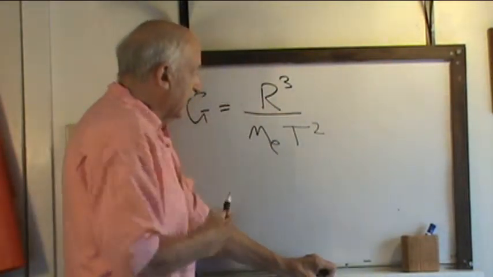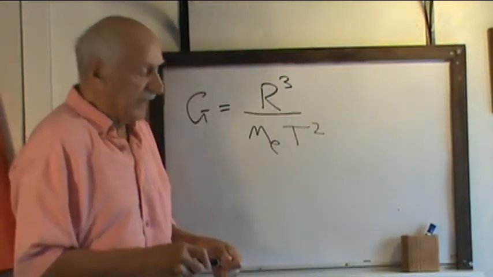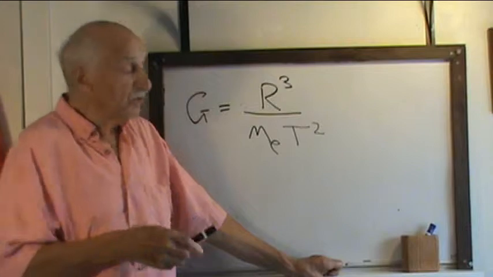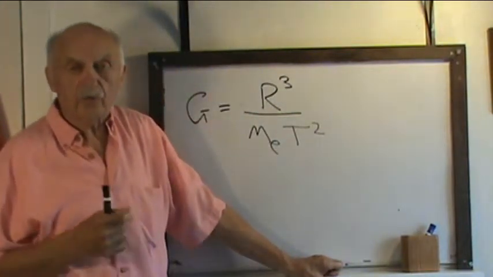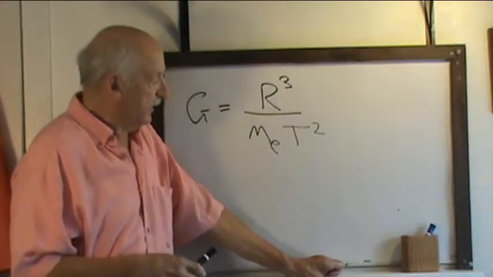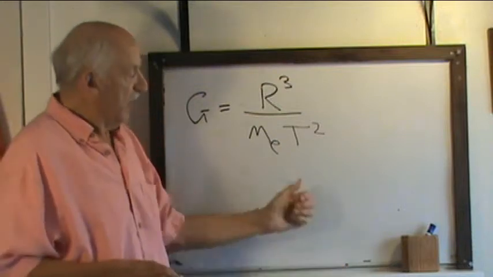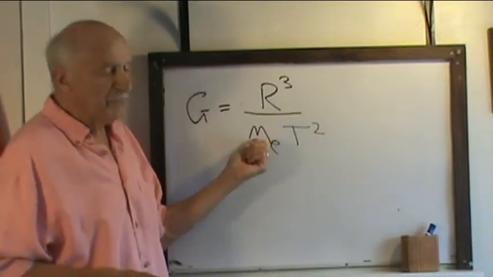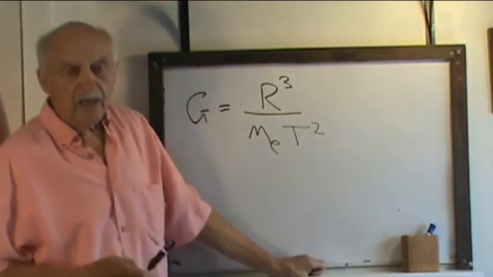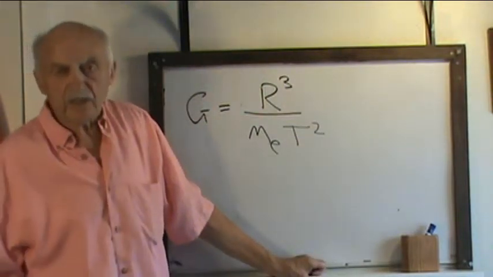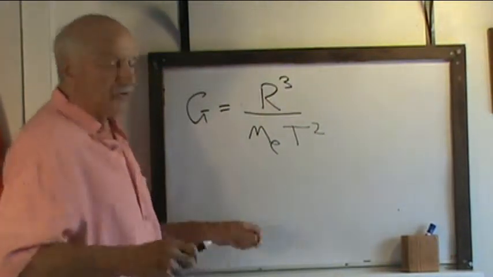So this actually looked to me like an explanation, and in that chart you'll see that I do take these values not only for the Moon and the Earth but also for all the planets, and took the distance between the planets and the Sun, or Moon and the Earth, and divided them by the mass of the Earth, or the mass of the Sun in the case of the planets, and then divided again by the square of the period,